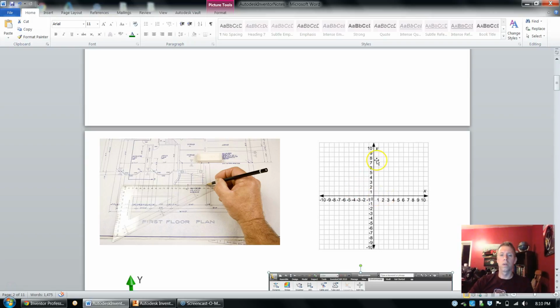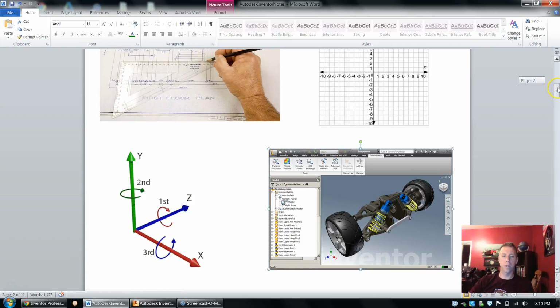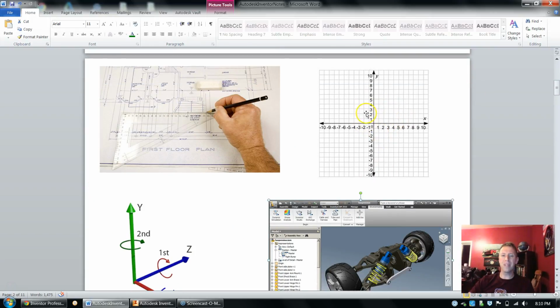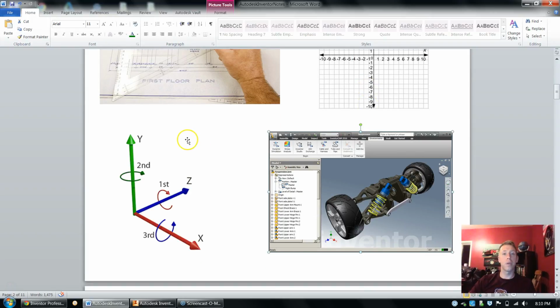Yep. So let's take a look at these pictures here. If we look at these coordinate planes for 2D drawing, on the computer we do 3D drawing or 3D modeling. So we have three axes. This time we still have the y, which is our vertical plane still. We still have the x, which is our horizontal plane still. We're going to add one more dimension, our third axis, and that is the